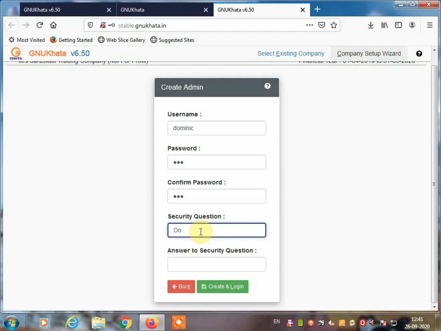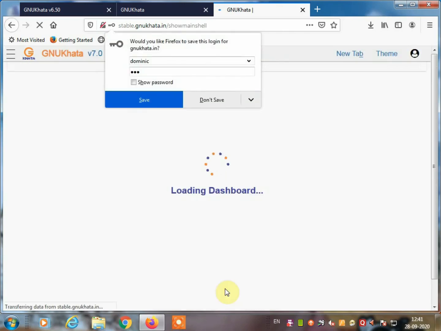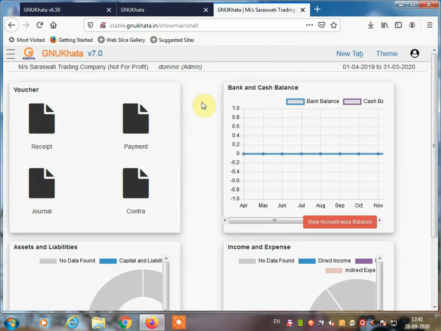So I am giving a security question like this, and the answer to the security question, and then click create login. Once you click create login, this password will be saved in this browser. If you want to save, click save, otherwise don't save. Okay, this way you can create the company, same as Tally, but with a little difference in the user interface.